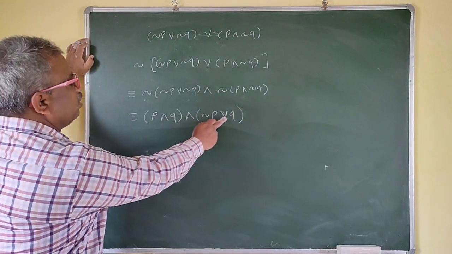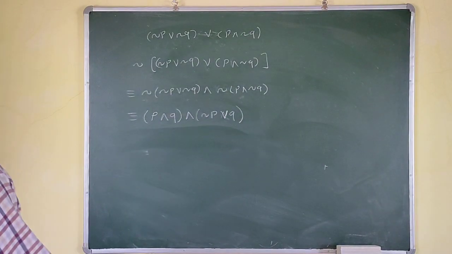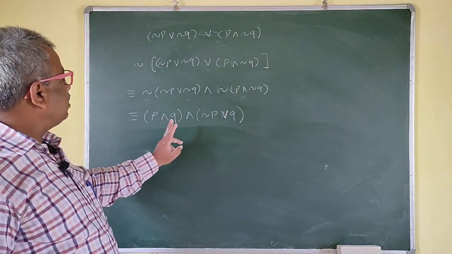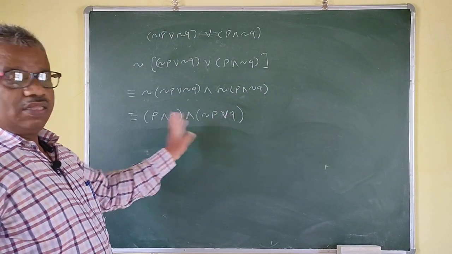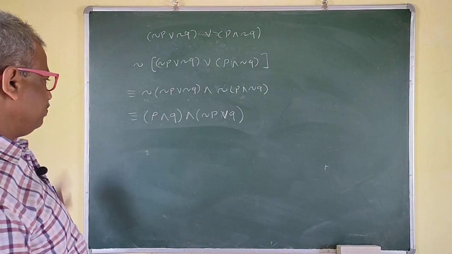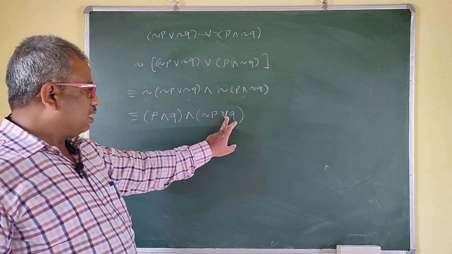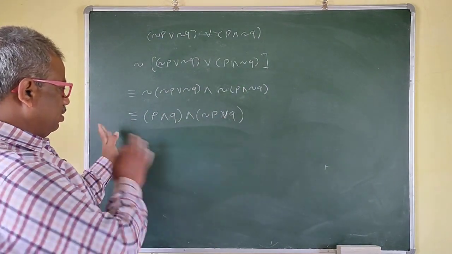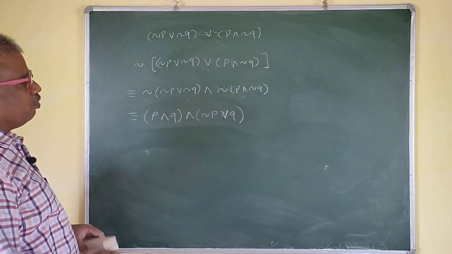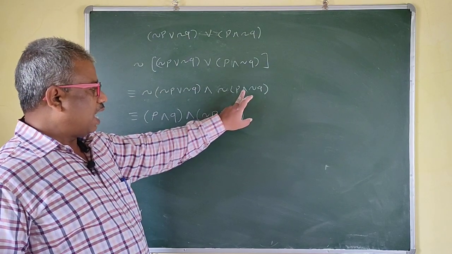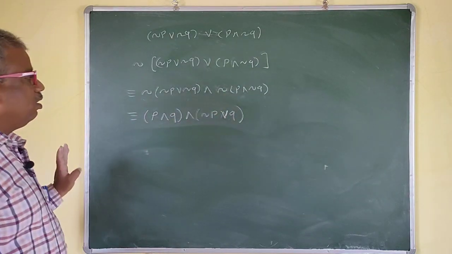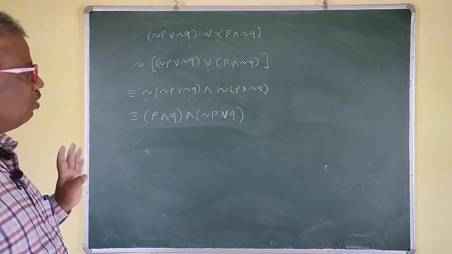Here is and and here is or, so we cannot simplify this, so keep as it is now. If there is and, then we can simplify. If there is or and this will be and, then we cannot simplify this one, so keep as it is. Because here or is there; if and is there, then we can collect this P and negation Q and Q like this, right? So what we did previously was wrong, because we had taken this and as and. So you have to replace and by or. So take care while taking the negation.